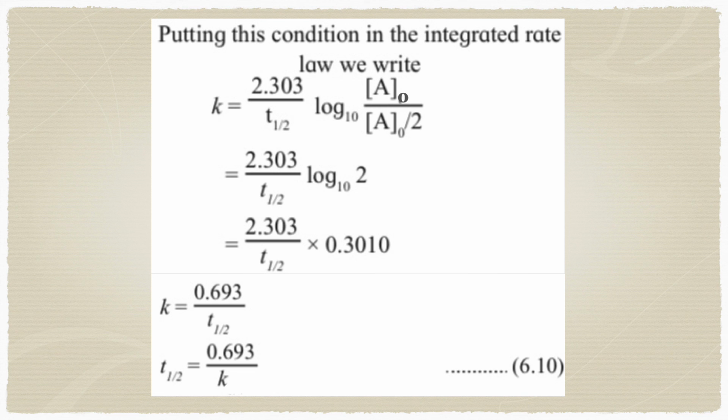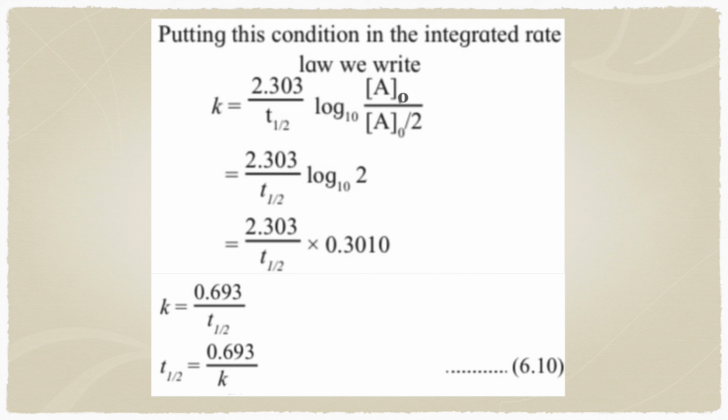A naught and A naught will get cancelled and 2 will go up. Now we have to find the value of log 2. It is 0.3010. If I multiply 2.303 into 0.3010, I will get the value 0.693. So the final equation will be k is equal to 0.693 upon t half,